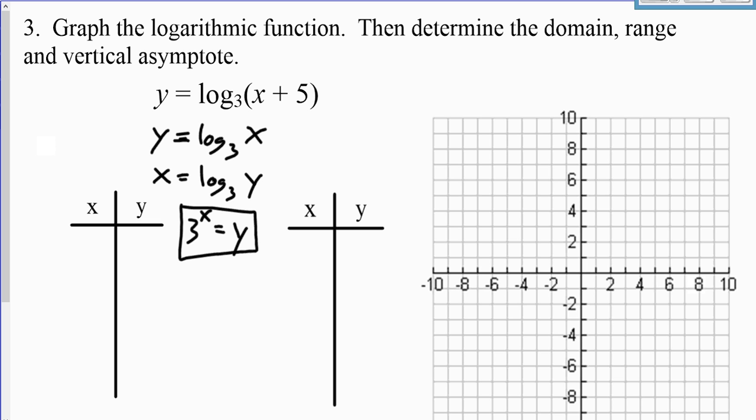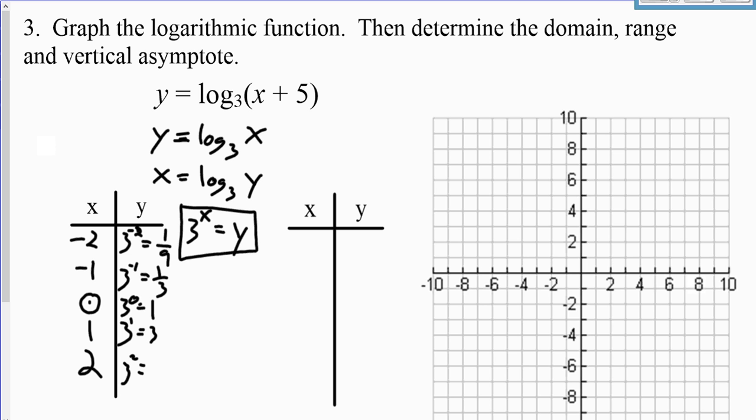So if we let our x's be negative 2, negative 1, 0, 1, and 2, then when we plug this in, we get 3 to the negative 2, which is 1 over 9. 3 to the negative 1 is 1 over 3. 3 to the 0 is 1. 3 to the first is 3, and 3 squared is equal to 9. So if we know that these are inverses,